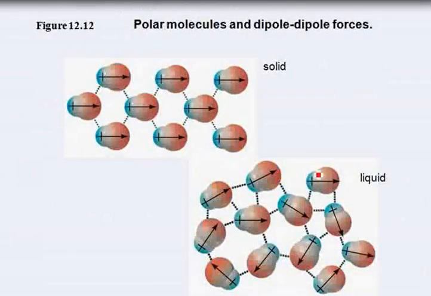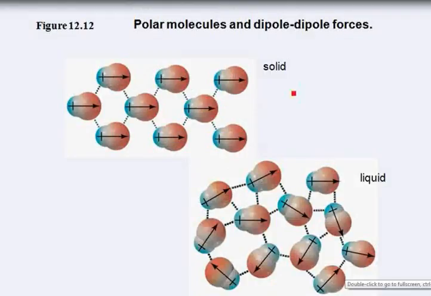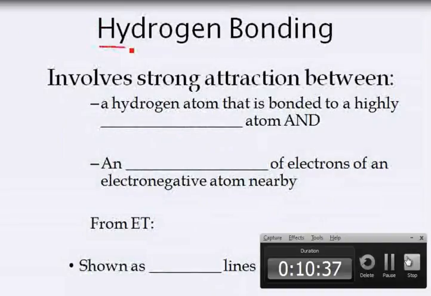So this is what it would look like in a solid or even in a liquid, is they would all line up, kind of like little soldiers here in a nice, neat line, with the more positive side attracted to the more negative side of adjacent molecules and form this whole network. Okay. The third and last type of hydrogen